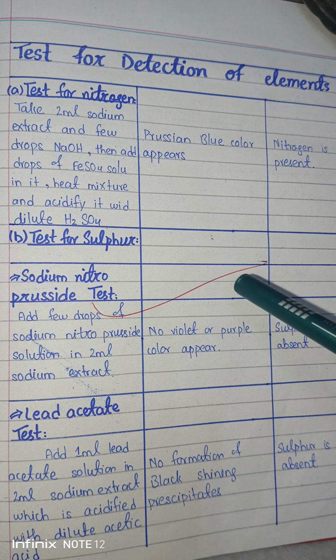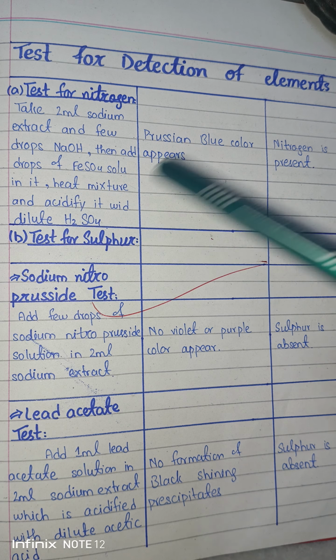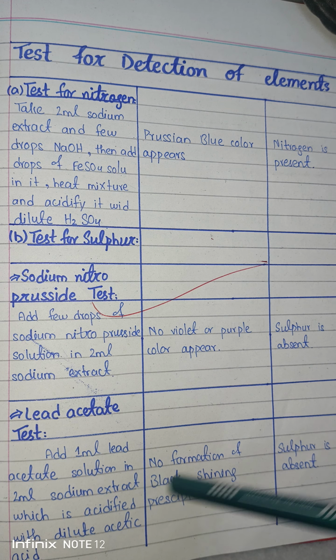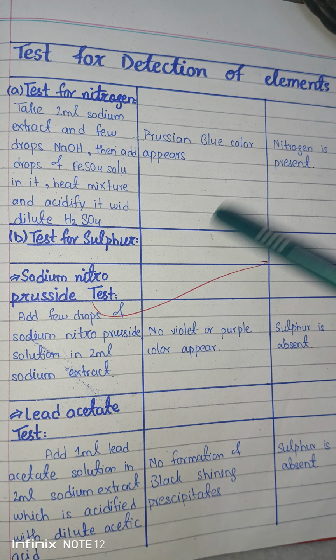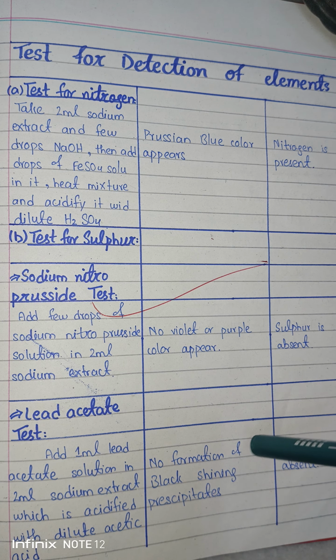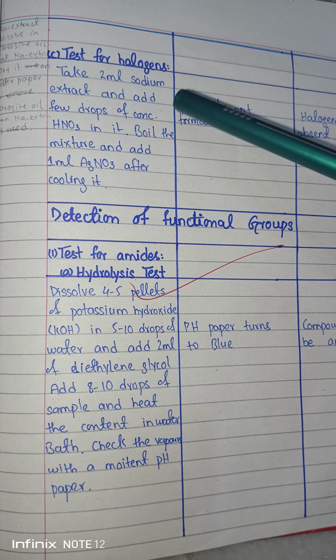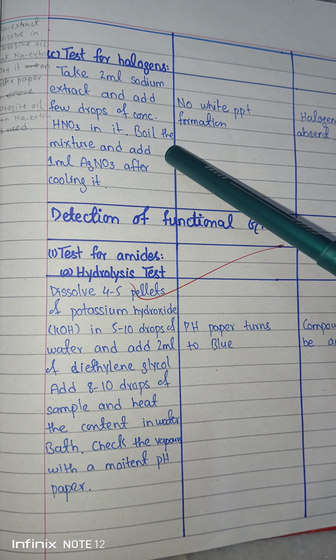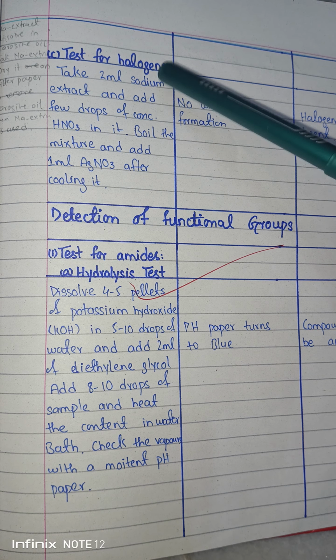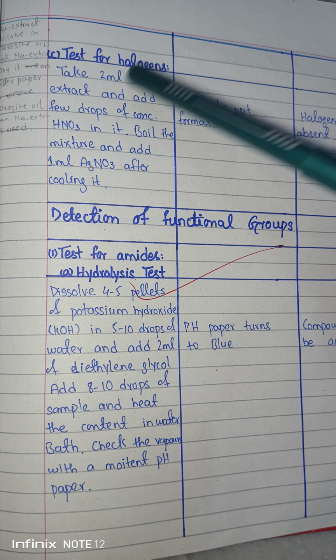जब अगर मैं केस याद करूँ बेंजोइक एसिड का, तो वहाँ पर तो ना नाइट्रोजन था, ना सल्फ़र था, ना कुछ था, तो हमने कह दिया था कि कोई भी कलर अपीयर नहीं हुआ है और सारे एलिमेंट्स ये वाले एब्सेंट हैं। अच्छा, ये अब लास्ट टेस्ट है हमारा हैलोजेंस के ऊपर कि हमने देखना है कि कोई हैलोजन प्रेजेंट है इस स्ट्रक्चर के अंदर या नहीं। तो हमने वही सोडियम एक्सट्रैक्ट को लेना है।